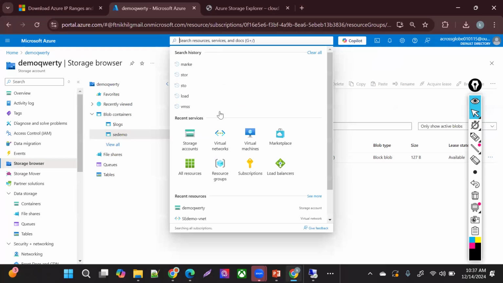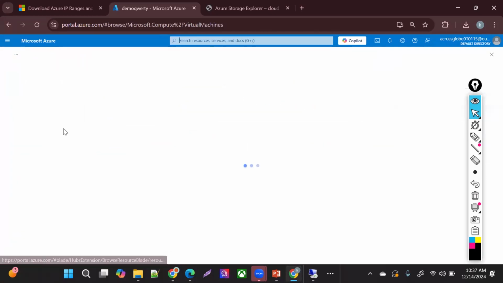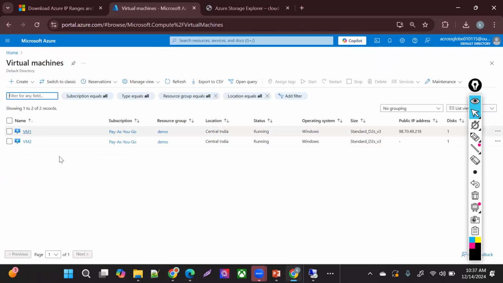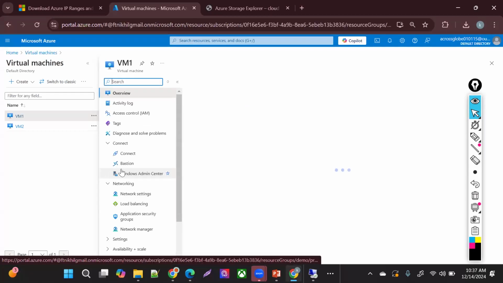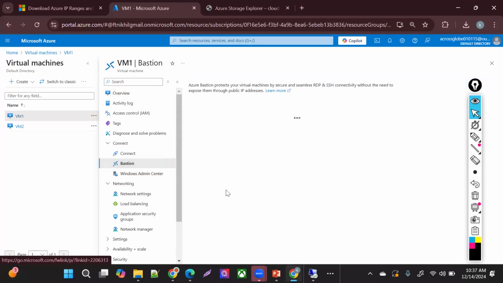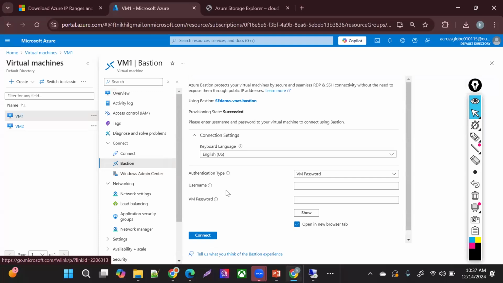Let's just see if my Bastion is deployed. Okay, now Bastion is also deployed. This is what got deployed. It created a Bastion subnet, right? Like Vandana said, if you are deploying it inside a different VNet, you need to have some connectivity in between, then you will be able to access your Bastion server.